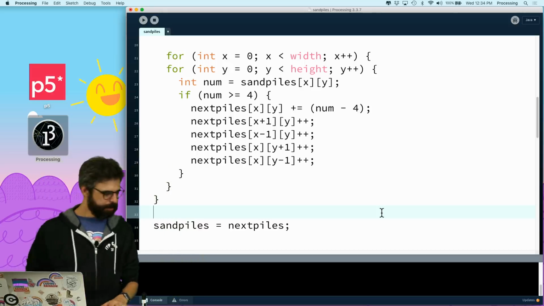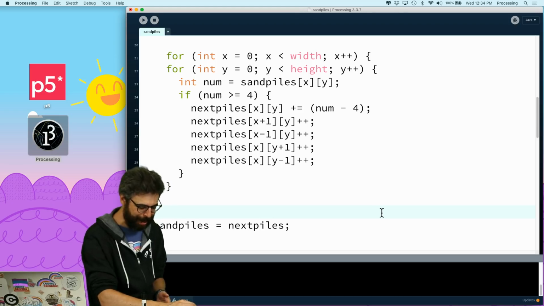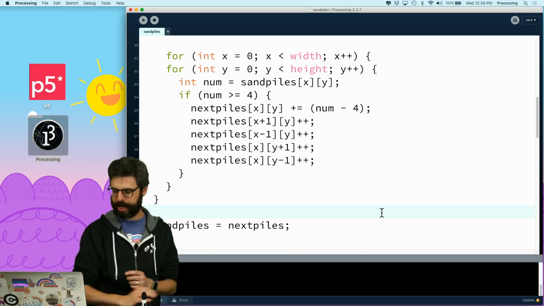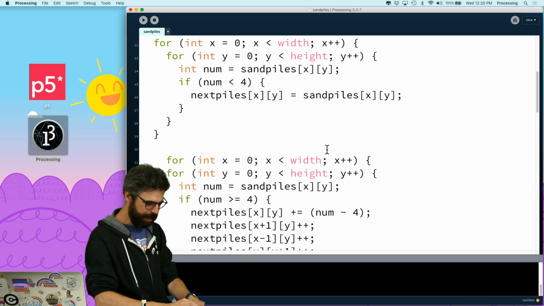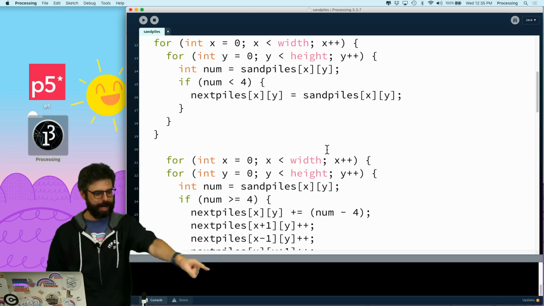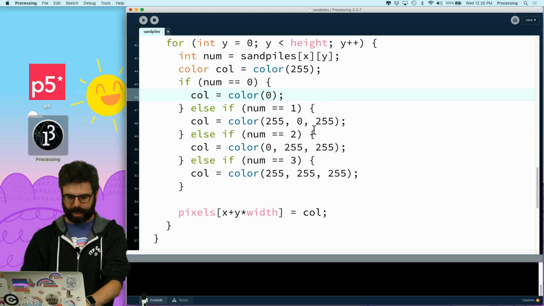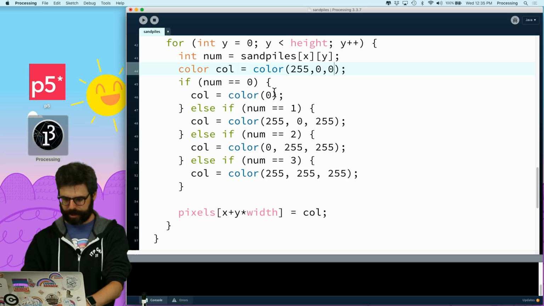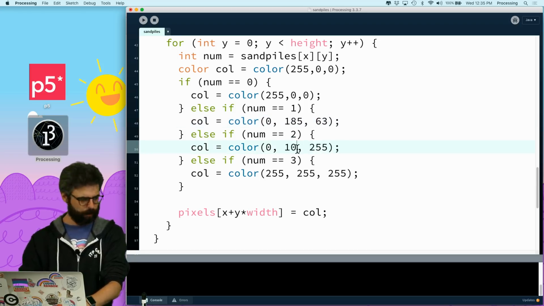All right, Alka in the patron sponsor group in Slack has some rainbow color suggestions for me. So let's put those in. Where are they? This first color is 255, 0, 0. The next color is 255, 0, 0. The next color is 185, 63. The next color is 104, 255, and the last color is 122,